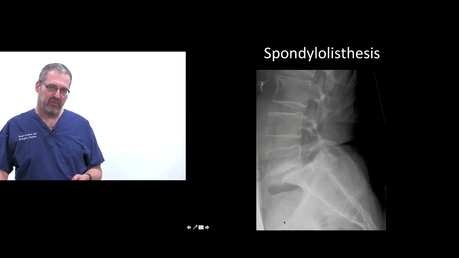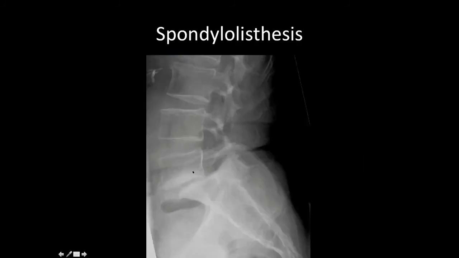Spondylolisthesis is actually when one vertebra slips over another, and that's quite common at the L5, S1 level, as you can see here. It sounds like it would be the worst thing in the world, like you'd become paralyzed right away, but in fact, it's a fairly subacute to chronic process that starts off by a little defect here, what they call a pars defect. And then there's slippage that goes forward, and it can be very subtle and gradual, and they can present just with pretty nonspecific back pain in both adults and children.